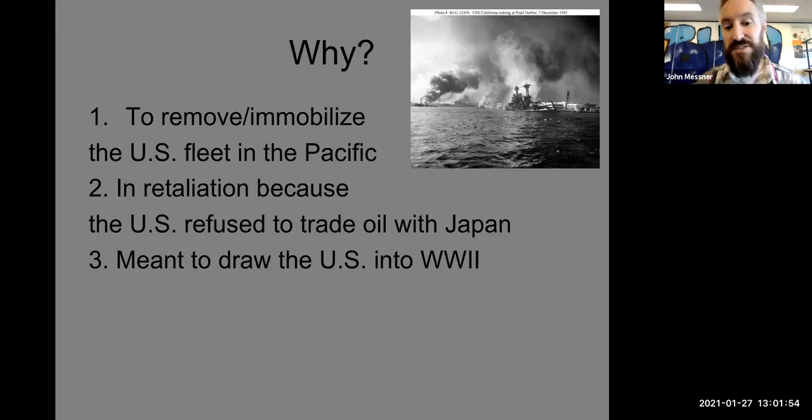And then the last thing is it was meant to draw us into World War II, of which Japan felt they were stronger, and they were stronger. They had already been for the last 10 years. Throughout the 30s, they had conquered China, they had conquered parts of Russia, they'd made it into Southeast Asia and were making incursions there. And so it really looked like no one could counter their aggression and their